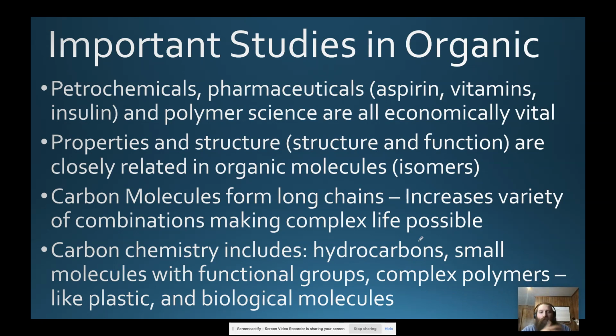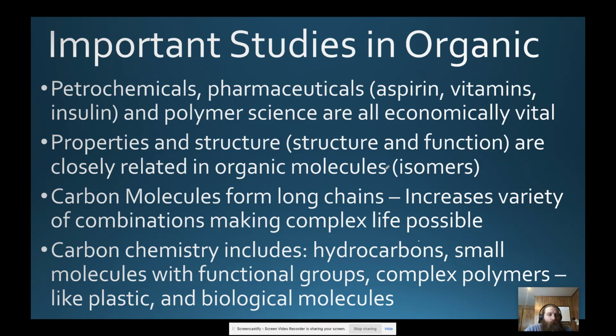So basically, organic chemistry looks at things like petrochemicals and pharmaceuticals. Those are two of the most important parts of organic chemistry that probably affect your daily lives. So petrochemicals are things like gas and diesel fuel. Vaseline is a petrochemical, stuff like that. Pharmaceuticals are our aspirins, right? Our medicines, vitamins, insulins, that kind of thing. And another science that is important to organic is polymer science,